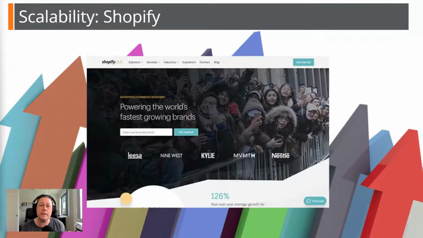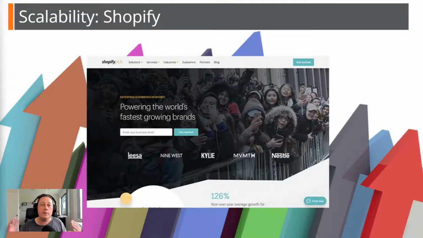Now, Shopify with scalability, being a hosted solution, you don't need to worry about the underlying technology stack. They take care of that for you. You just need to know that Shopify takes care of performance, security, and scalability on its platform automatically. Their infrastructure can easily handle your growing business without you having to worry about downtimes, backups, updates, or security. They also offer an enterprise service as part of their Shopify Plus plan, and that's a little screenshot on the screen at the moment for that particular service.